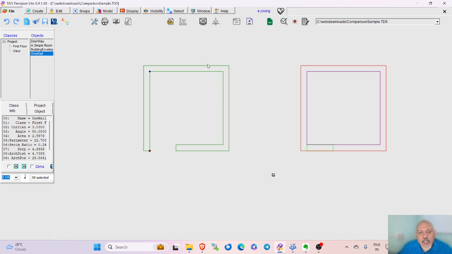On the left hand side, which is the conventional CAD software, what you would normally do in such a case is draw a simple closed polyline, and that polyline will follow the contours of the brick wall which has to be constructed here. Now I'll move these two dots. They are called helpers in TAD lingo. This red square dot is the first helper and the blue circular dot is the second helper.